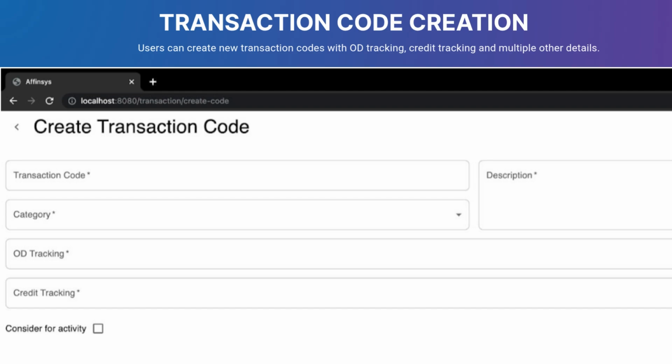This feature enables users to define new transaction codes that can be used across various processes with detailed tracking options. To begin, enter a transaction code and a description that clearly defines its purpose. Next, assign the appropriate category to classify the transaction. You also have the option to enable OD tracking, which helps monitor overdraft-related activities, and credit tracking, to manage and